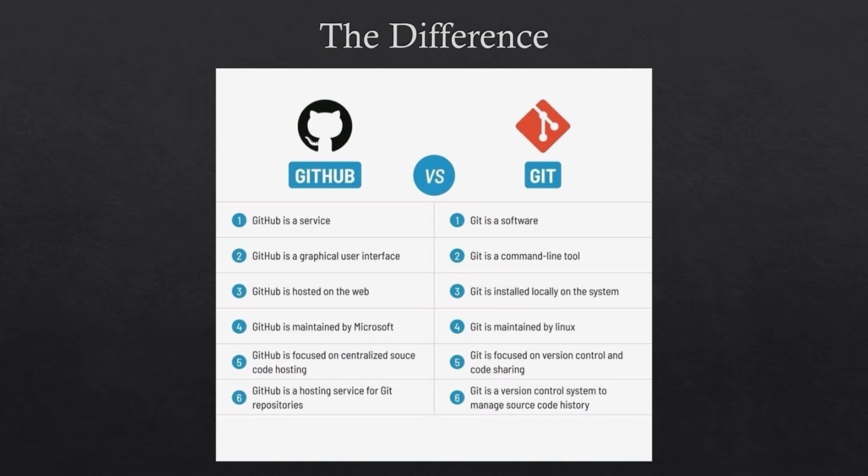Next is that GitHub is hosted on the web. It's a cloud-based service, whereas Git is stored locally on your machine. GitHub is maintained and owned by Microsoft, while Git is maintained and owned by Linux. Next, GitHub is focused on centralized source code hosting, while Git is focused on version control and code sharing. And lastly, GitHub is a host service for Git repositories, while Git is the version control system that manages your